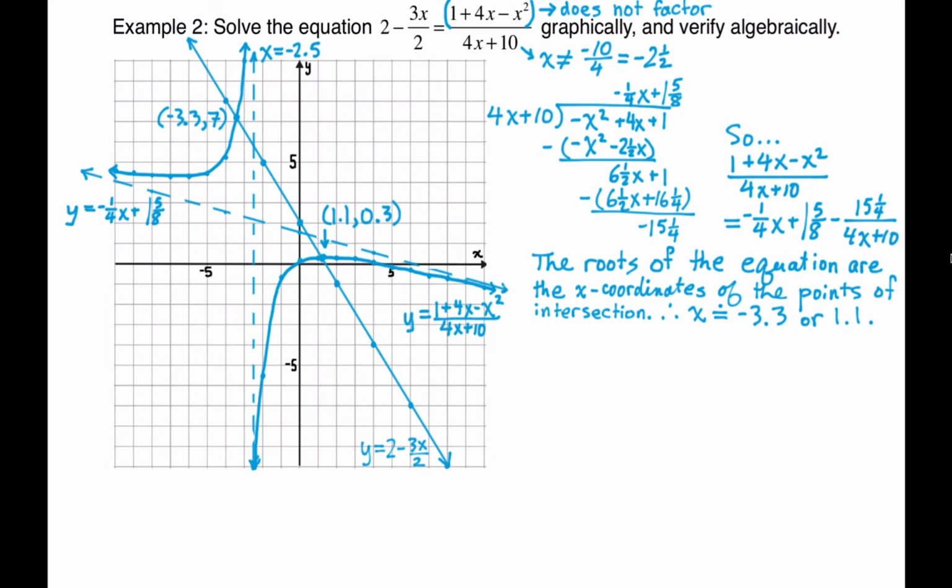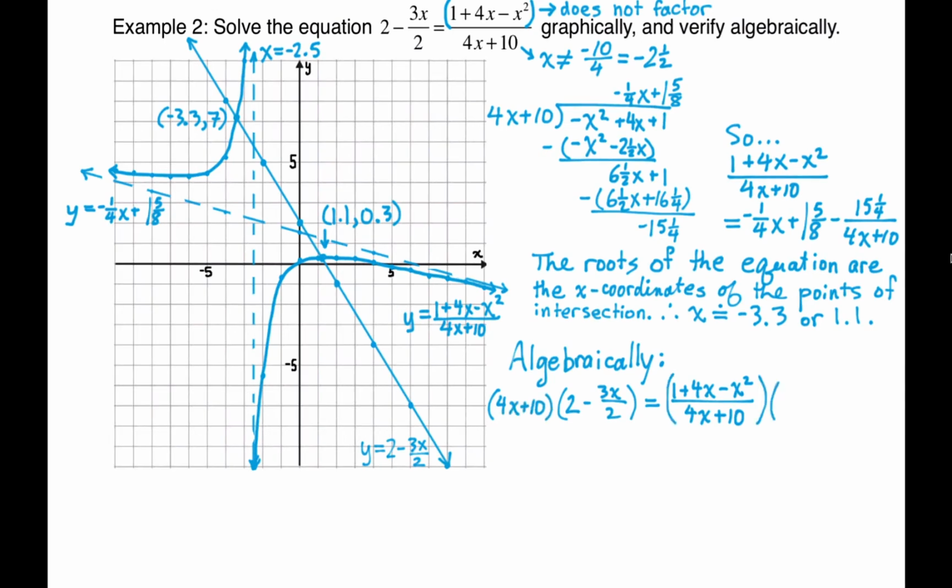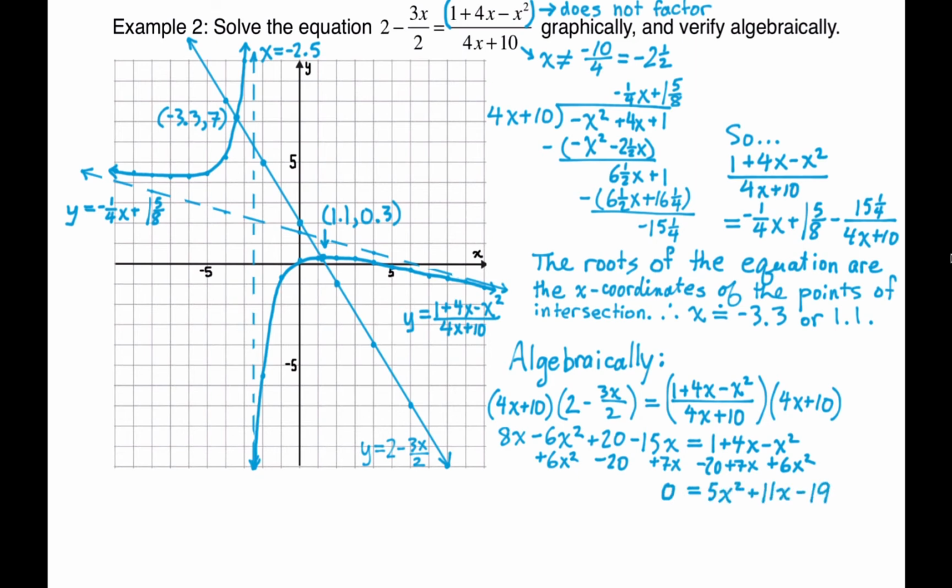And now just to confirm that by solving algebraically, here's what we would do. We can multiply both sides of the equation by 4x plus 10, which is the denominator. And what you'll notice is that the left-hand side comes out quadratic. The right-hand side is also quadratic. If we move all of the terms onto one side and set it equal to 0,